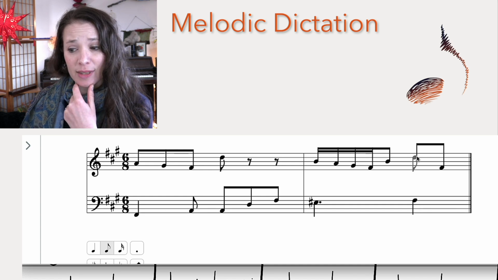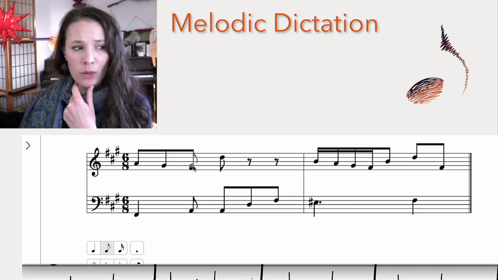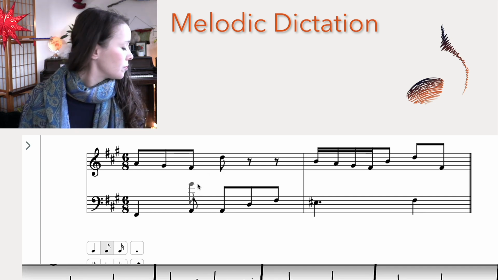I hear a consonance here, not a perfect interval. So I'm going to say this is a D. And this, do, do, do,